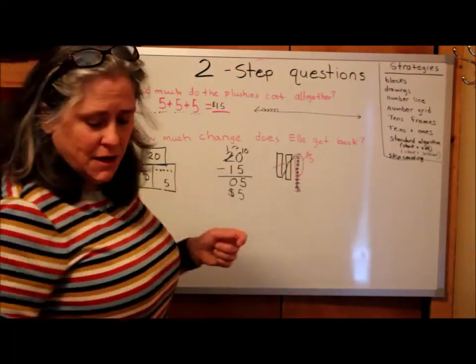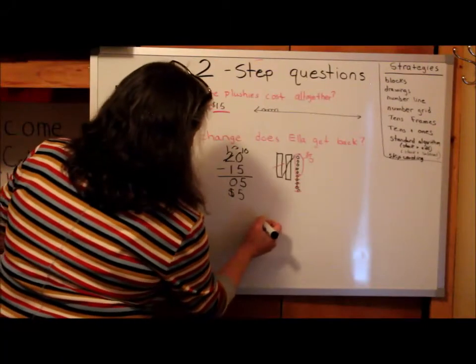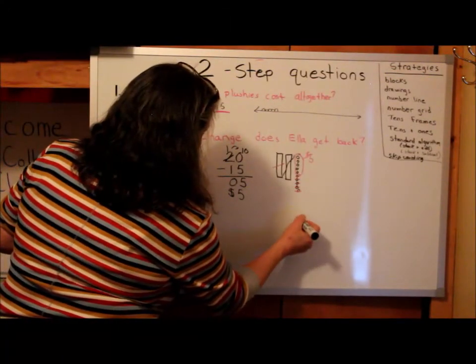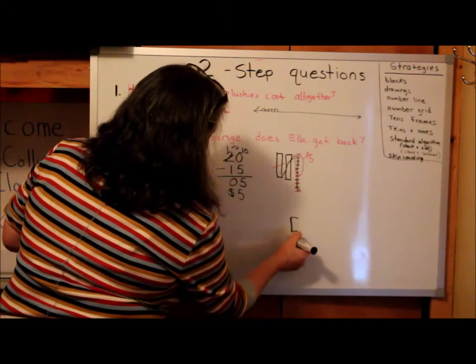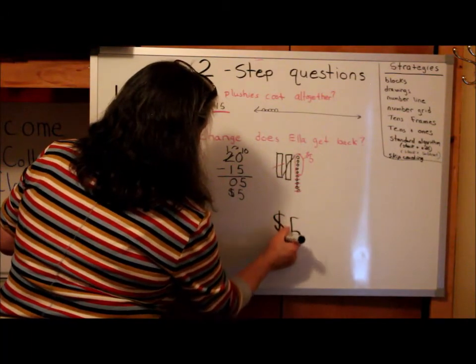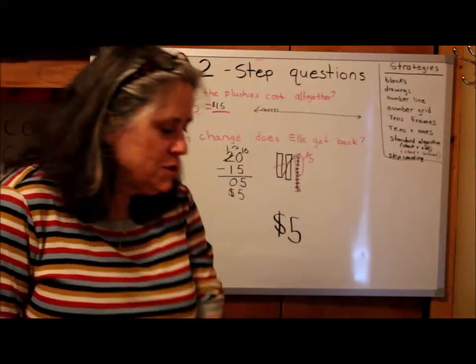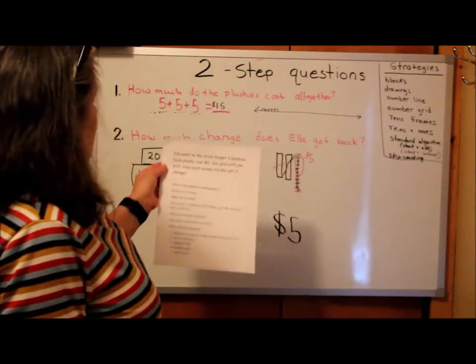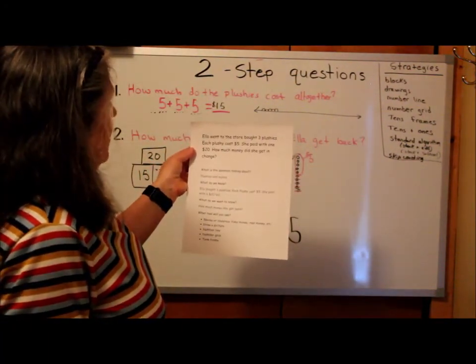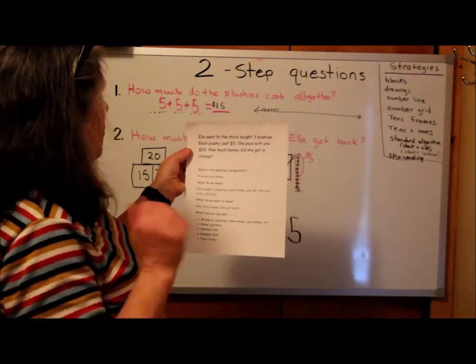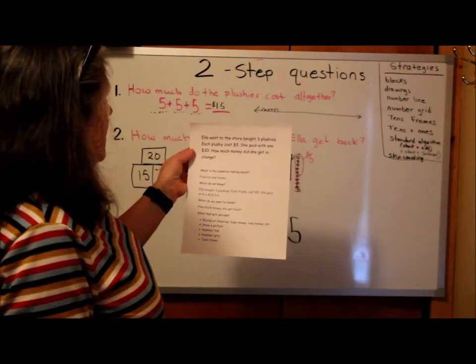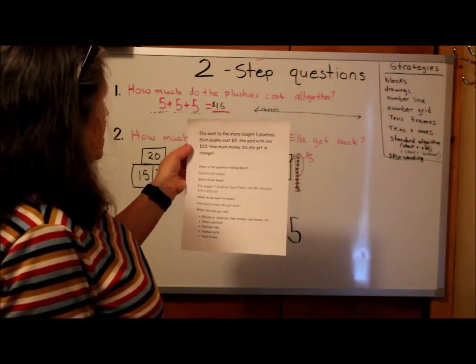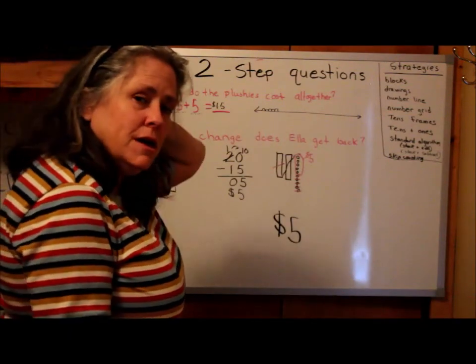So now let's see if we answered our question correctly. So I'm going to say our answer is $5. So the question says, Ella went to the store and bought 3 plushies. Each plushie cost $5. She paid with one $20 bill. How much money did she get in change? And our answer is